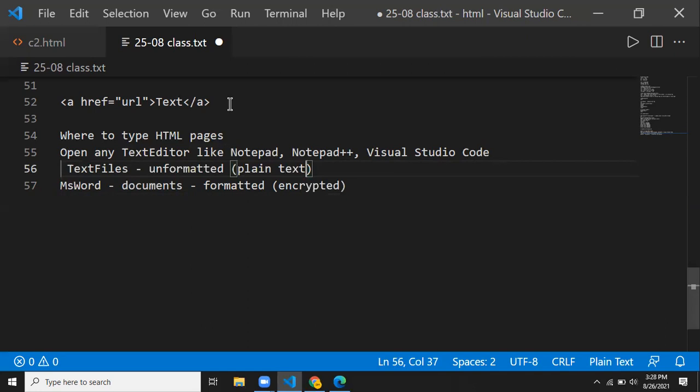But when you talk about MS Word, PowerPoint, or Excel, the files we create in them are formatted. That means they are stored in their own format, which as human beings we cannot read or understand, though you can still read them using some software. Let's not worry about that. We'll talk only about Notepad and the files you create there. Any questions, you can unmute your microphone and ask me.